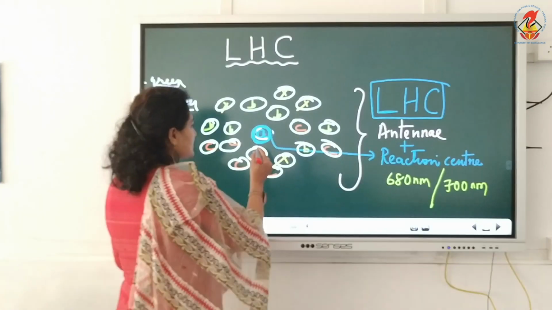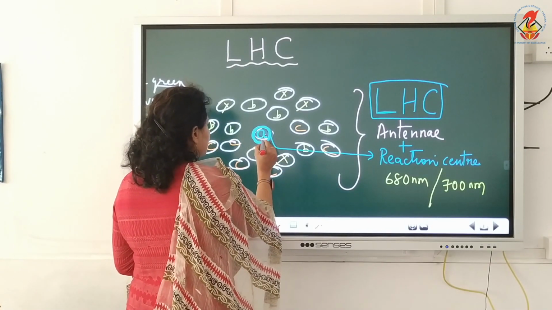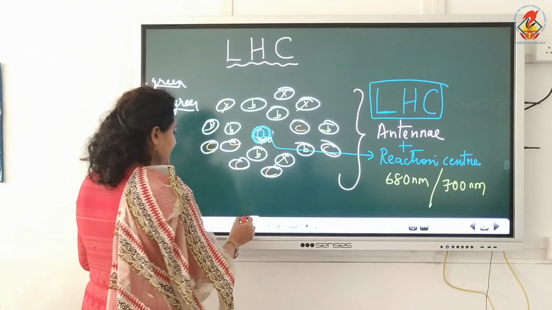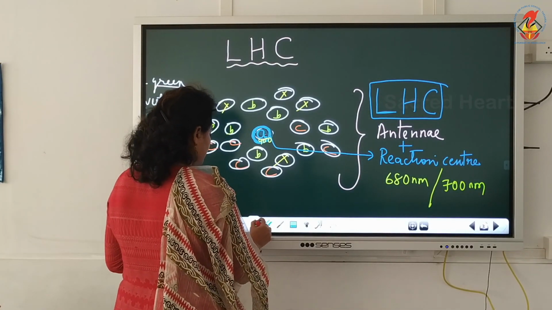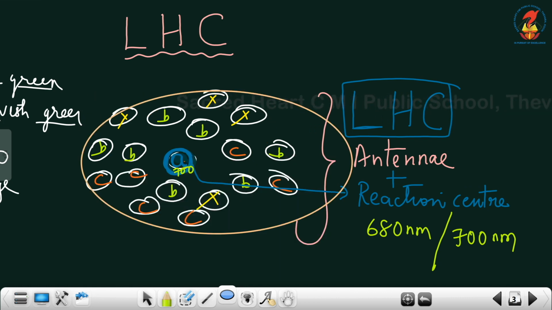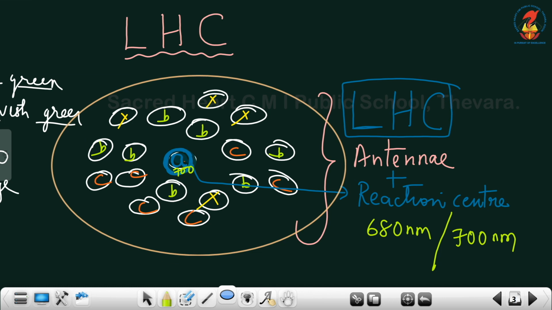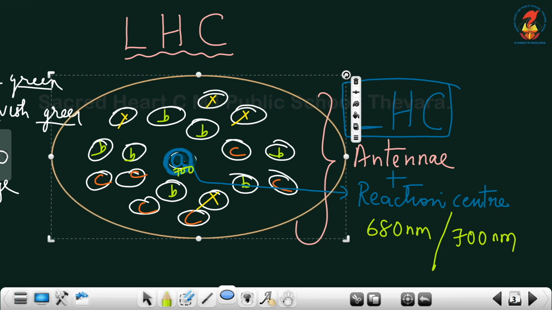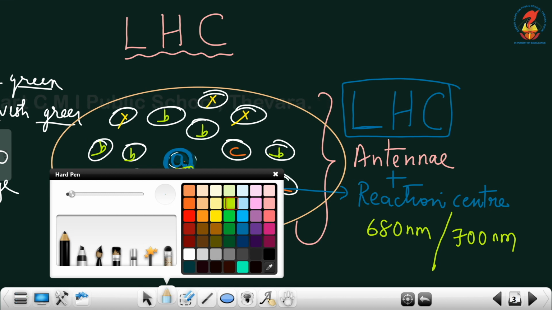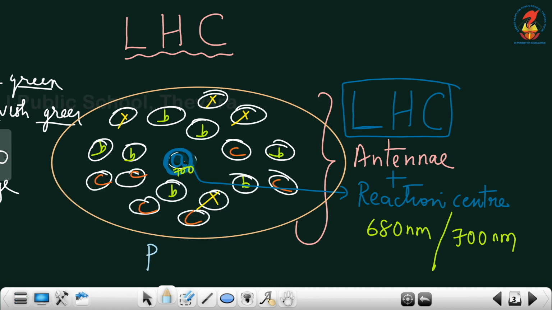If it absorbs light at 700 nanometers, this entire light harvesting complex will be called PS, photosystem 1. So, now this entire complex is called photosystem 1,